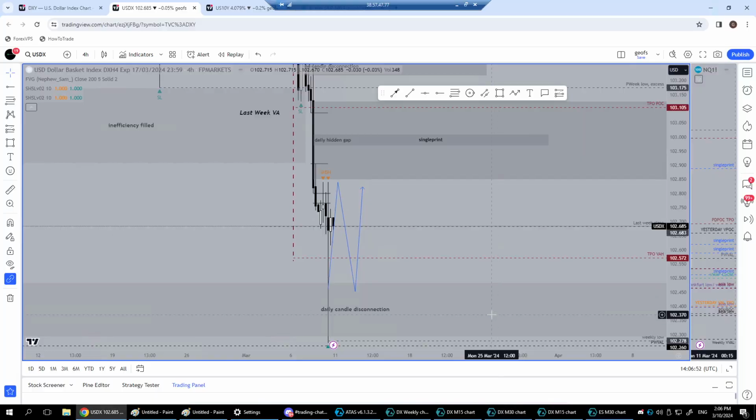So why are we doing this when we don't even trade Dixie? What's the point? Well, it helps you to trade other markets. If you know where the dollar is going to reverse, and you're maybe 60% sure on Nasdaq where that's going to turn, if you add that confidence of the Dixie where that's going to turn, then that's going to add to your confidence on your reversal level on the Nasdaq or whatever, or gold or oil or whatever it is. So this is why we do this.